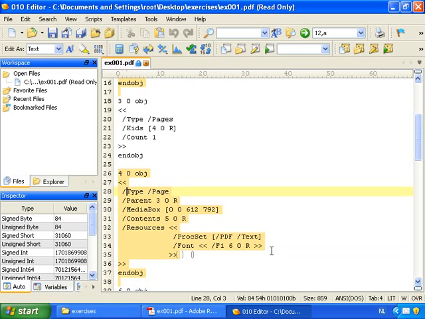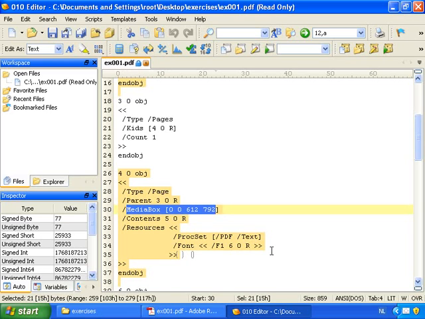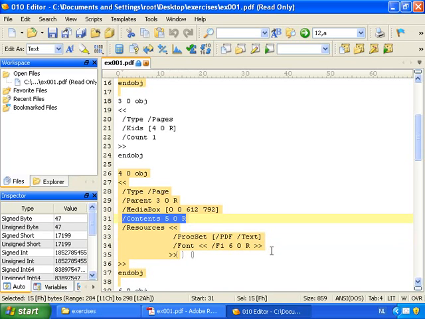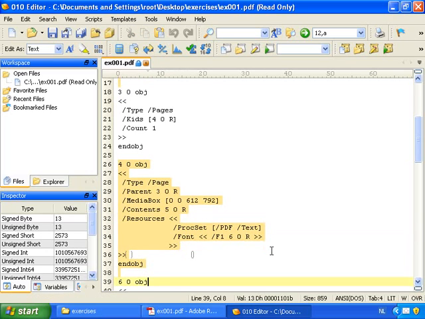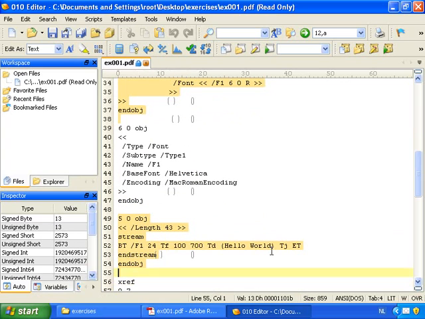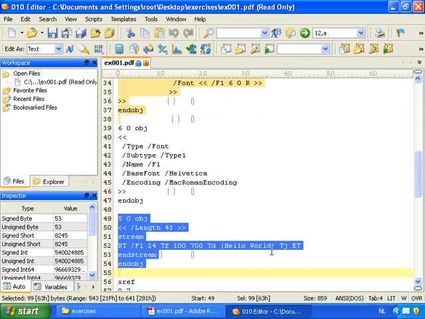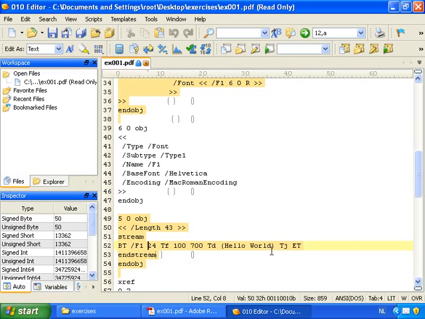We have a type page, a media box that defines the size of the page, resources like fonts. But the most important part for us is the content. The content is referenced in object 5. So let's go to object 5. Here is object 5. And you can see that we have the text hello world here that is displayed on